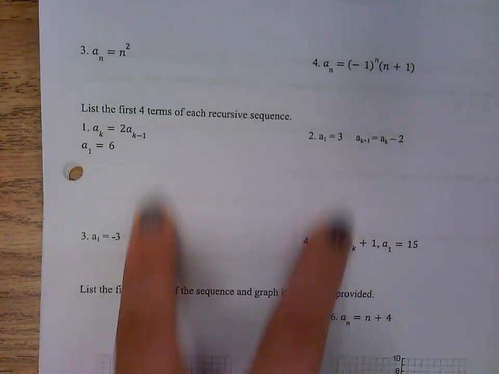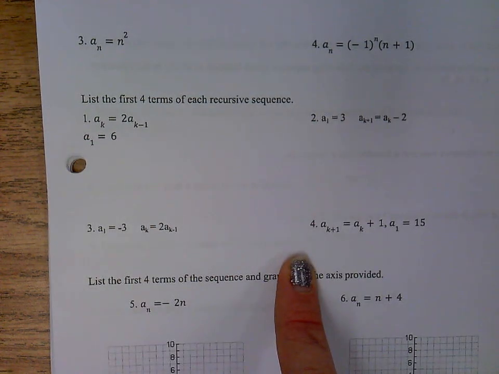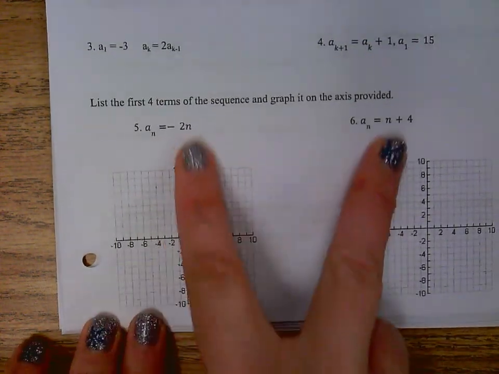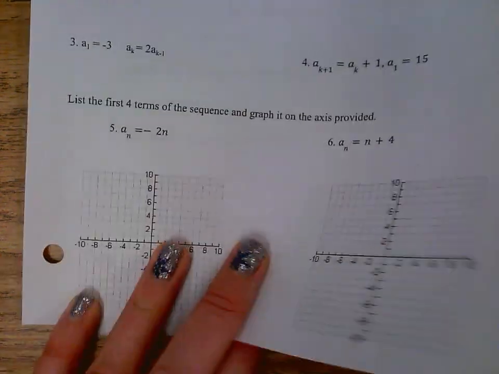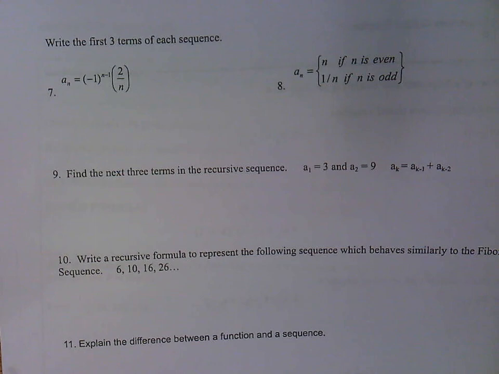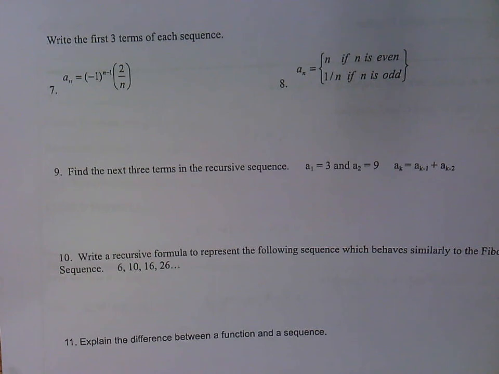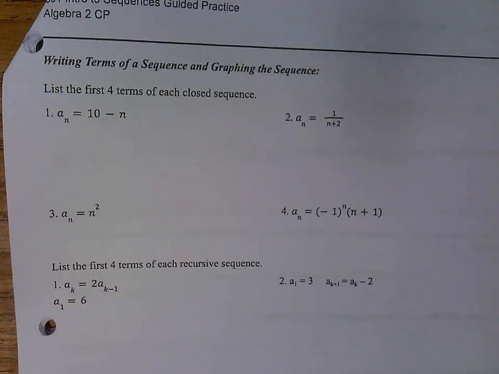These are a little bit harder. These are recursive. So if you need some help when you get down here, so 1 through 4 again, let me know. And then this is listing the 4 terms and graphing it, just like we did in the notes. The back page, these are a little bit more challenging sequences. So these wouldn't be really on your quiz on Friday, but some of you need to get a little bit pushed in your mathematical reasoning. And then just here's a couple others. Find the next three terms, write a recursive formula. So I think you should be able to do those, about 16 problems, and then we can come around and I can put up the answers. And this is what homework